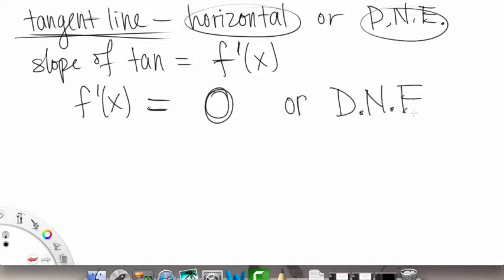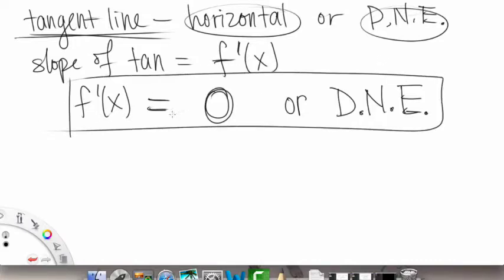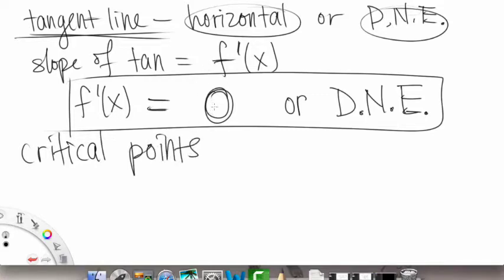If it does not exist, that means it's vertical, like up and down, or there is no one answer. Okay, so this is an important point here. This defines what is a critical point for us. So here's a new term, we're going to call it critical points. Okay, so critical points, what are those? They're basically points where